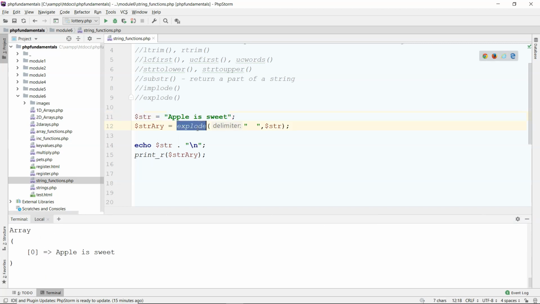Okay, so explode returns an array, and implode returns a string. That's the reverse of each other, right? This is very, very useful, especially when you have some kind of string like in HTML, for example p tags, "apple is sweet," and you want to remove all the HTML elements to a certain spot. So you can say, okay, I want to grab all the p tags and move them out into their own,